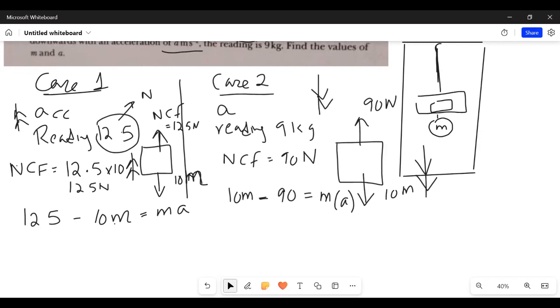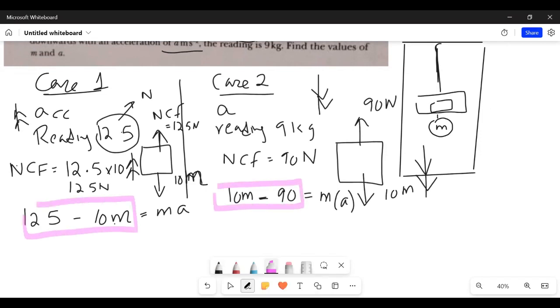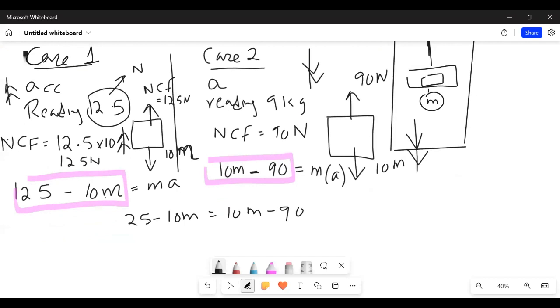You can do that by first equating these two. Equate the left-hand side of both the equations because their right-hand side is the same. So 125 minus 10 m equals 10 m minus 90. So m comes out to be